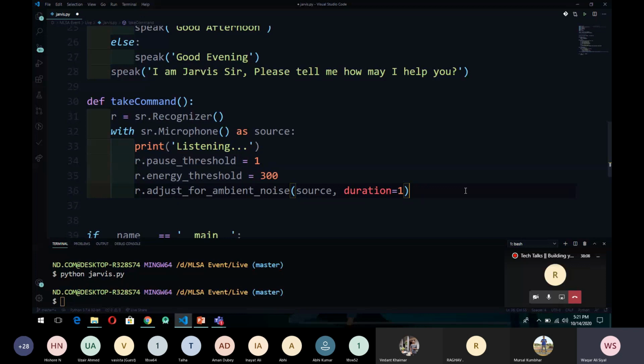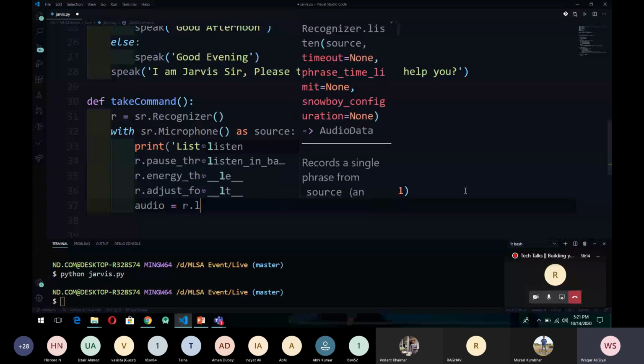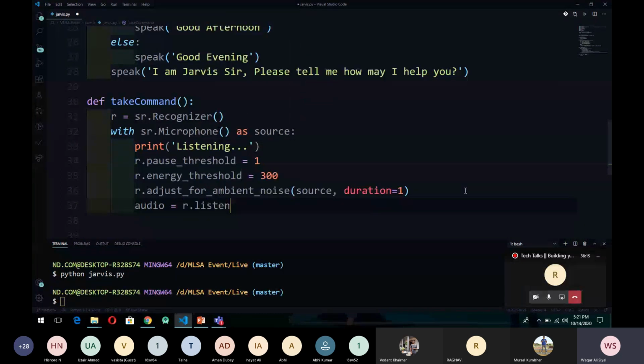Okay, now move forward, and now we will get the audio data instance by calling the listen method. What this listen method will do is detect the voice from the audio source, convert it into the data object, and return it to us.